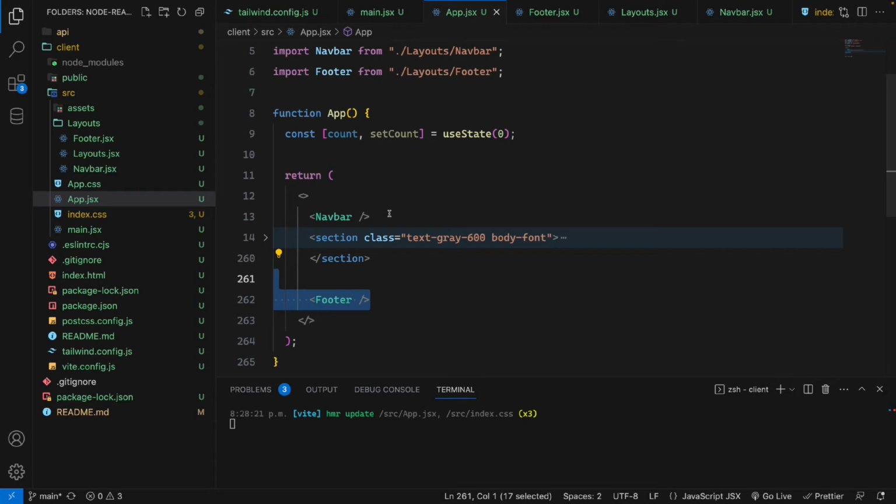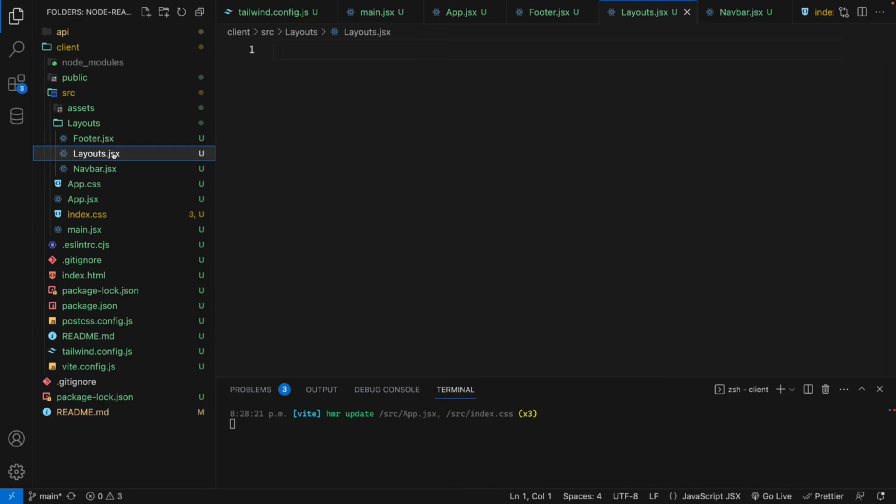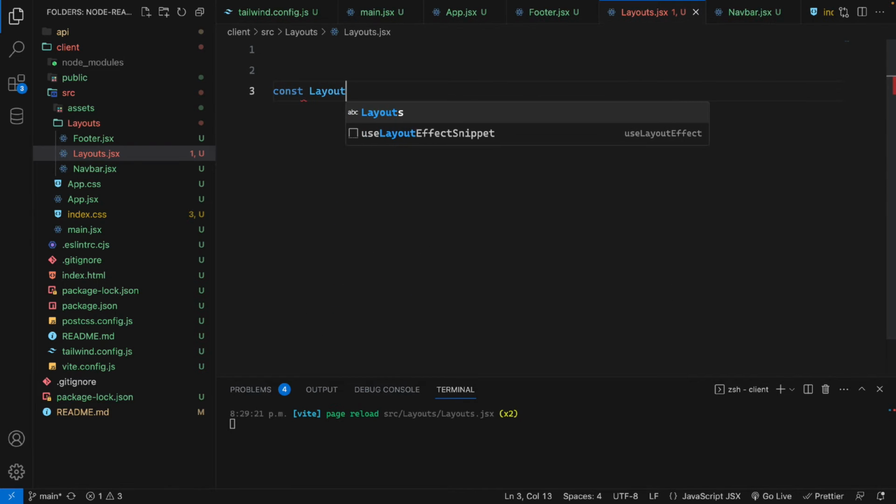That's why what I'm going to use is the layout. Okay, the layout. I will make a layout like const Layout equal arrow function, the same thing,